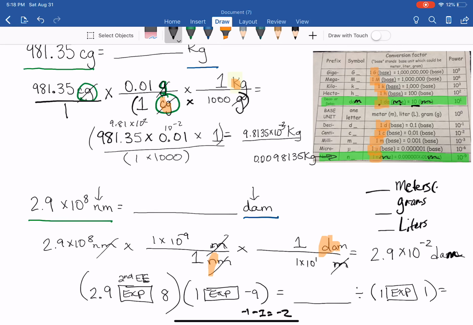And so if you have one letter by itself in the conversion factor, it will get one of these powers of 10 that are on this side of your conversion sheet. Okay, I hope that